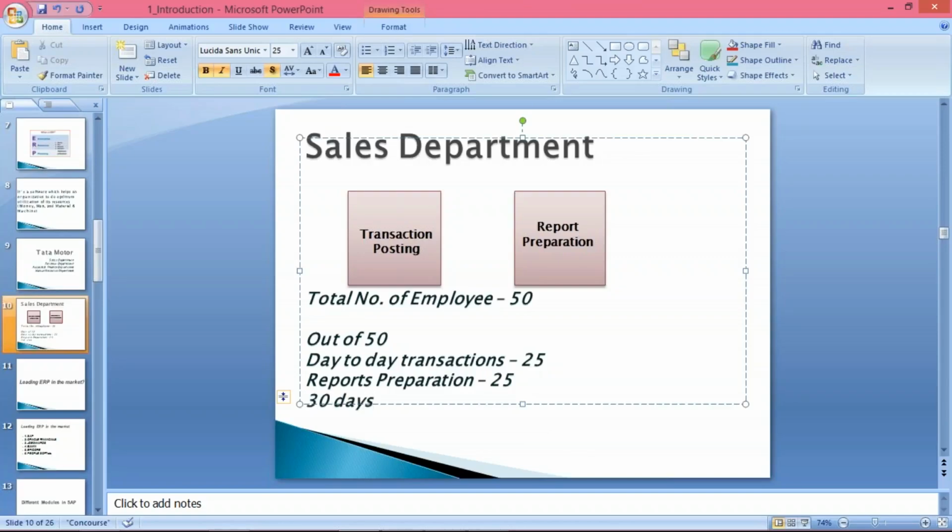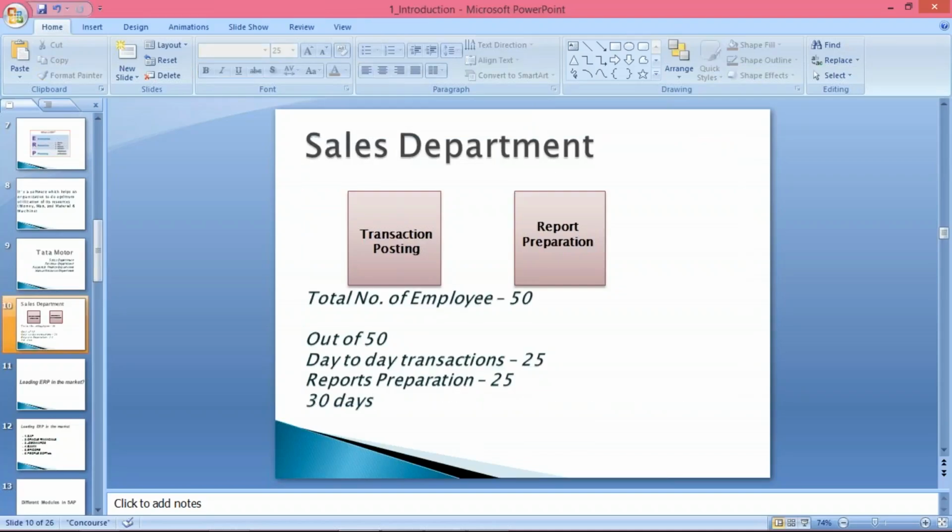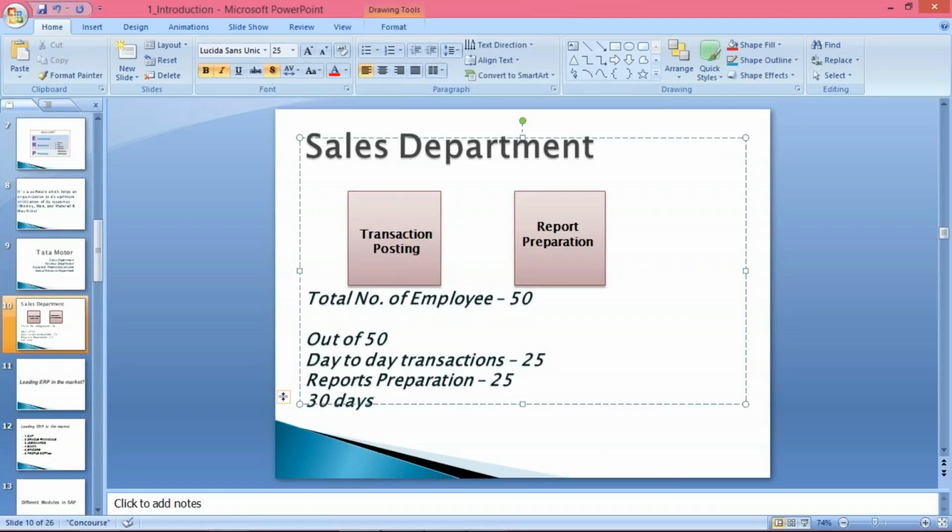So 90% of the customers are going to make payment in 30 days, but 10% of the customers are unable to make payment even after crossing these 30 days. For this, we are going to prepare a customer aging report. It means how many customers there are who have not made payment even after crossing these 30 days, and in that also, how many customers have crossed the 30 days.